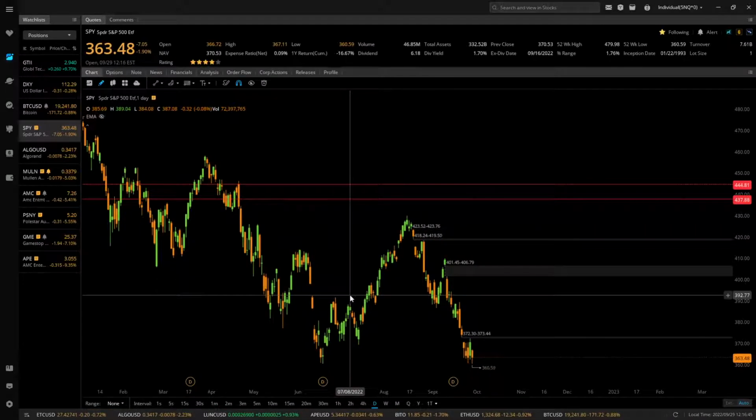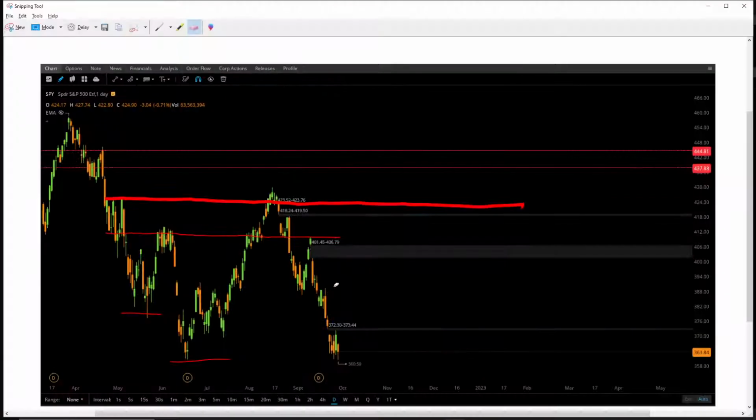And here's the crazy thing. I think we're missing a W that we have to consider. Okay, so we can find that this move to the top here was a W within itself completing out. Well, now we're still completing one, and it's much larger. Okay, this bottom here is 1. And what we saw today, 360.59, is a new low according to the fractal. Okay, this is a new low. So you can almost be extremely precise.